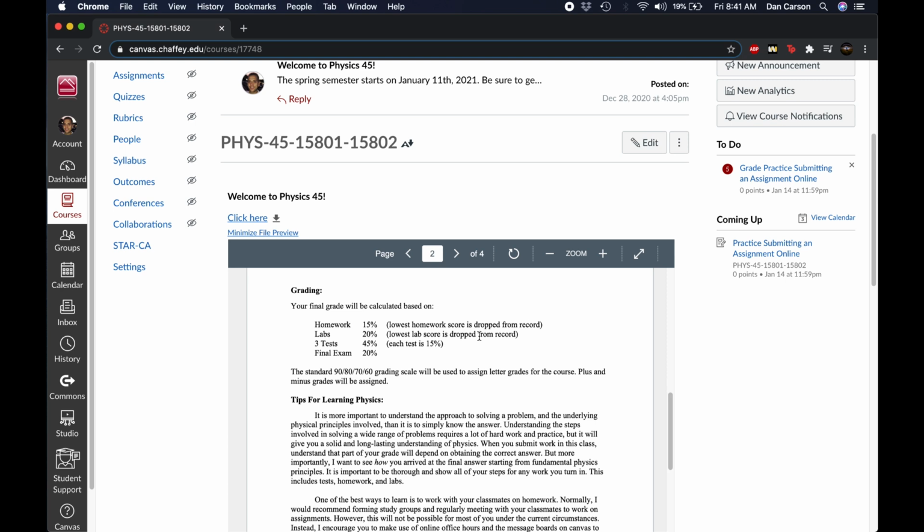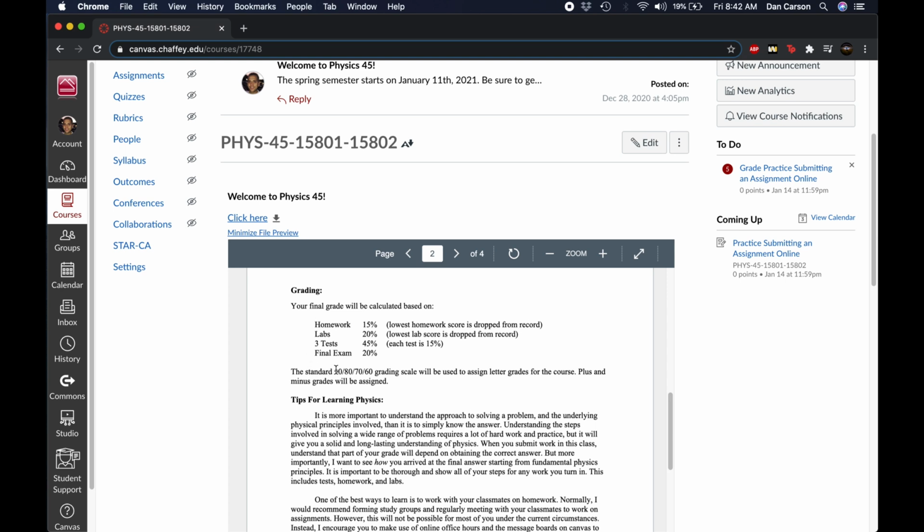Now, as far as labs and homeworks are concerned, there's a policy that you should be aware of. I'm going to drop your lowest homework score, and I'm also going to drop your lowest lab score before calculating your final grade. Now, the purpose of this policy is to give you a little bit of leeway. I understand that things come up throughout the semester that might cause you to miss an assignment here and there. So you can safely miss 1 homework assignment and 1 lab assignment without any penalty during the semester. Do note that I'm not going to be dropping any test scores, and I'm not going to be dropping the final exam score, of course, so this only applies to homework and labs.